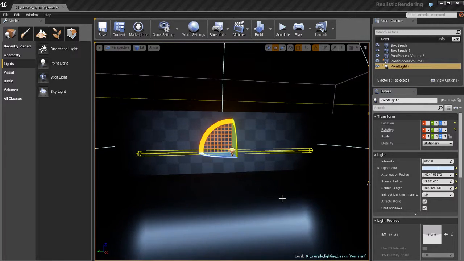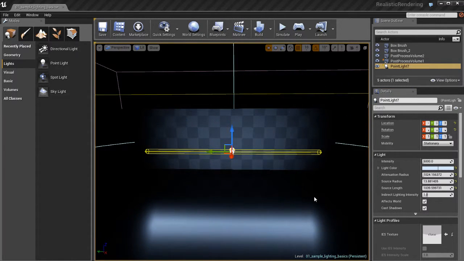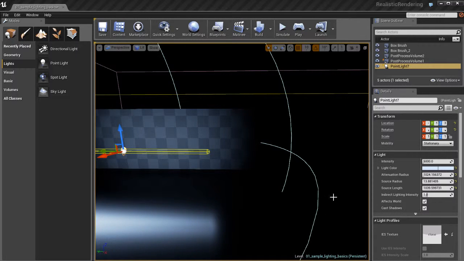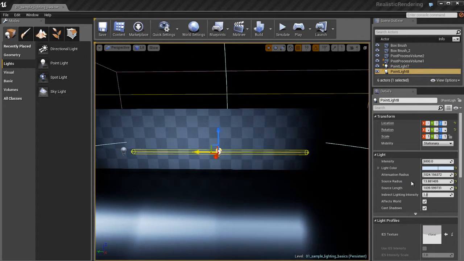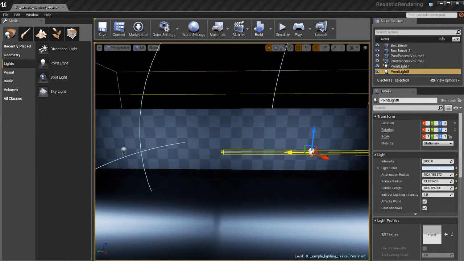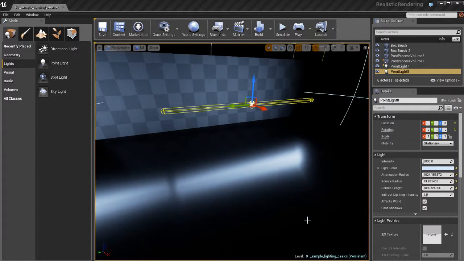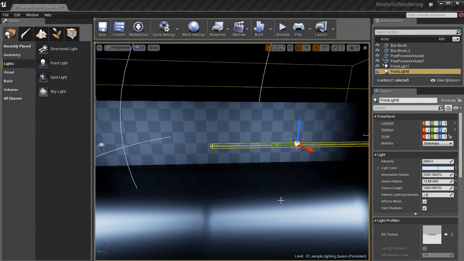neon tubes, which would be really cool for, say, a showroom for a car, or maybe a cool looking interior space for a club or a bar or something like that, if that's the kind of game you're making. So I'll make a copy of this, move it over so you can start to see the cool looking lighting that we're starting to achieve here just by changing these two parameters. So if I want to, I can knock that source radius down,